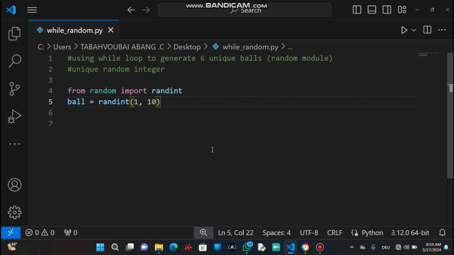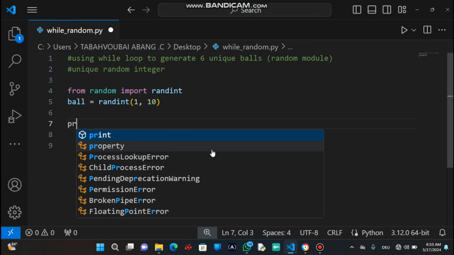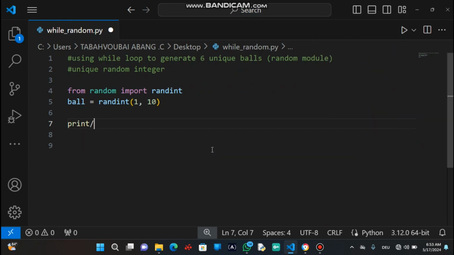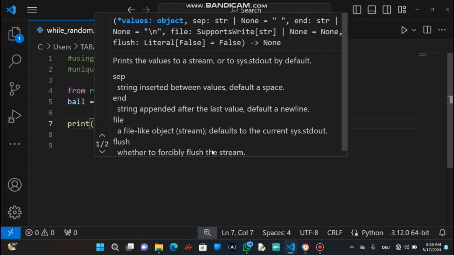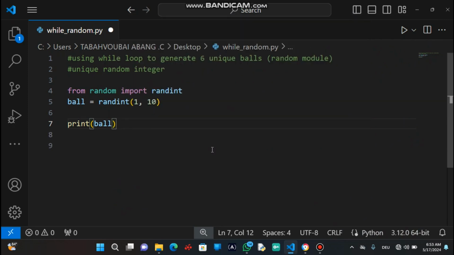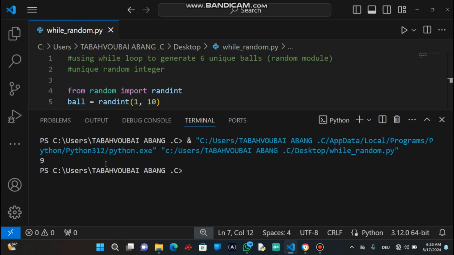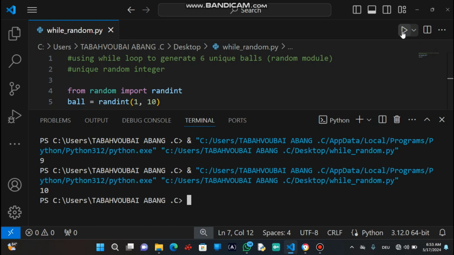So if we try to print our ball, okay, let's try to run and see. Okay, here is the random integer that we get. Let's try to run again and see if it's changing. Yes, it's changing. Now it's 10.